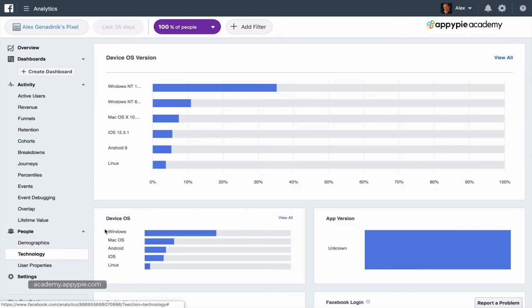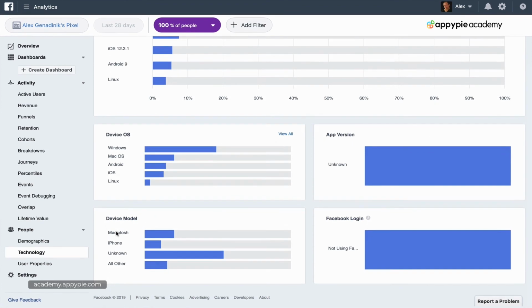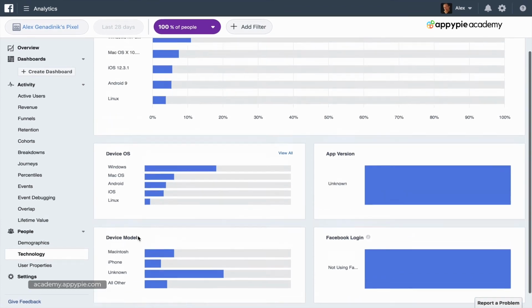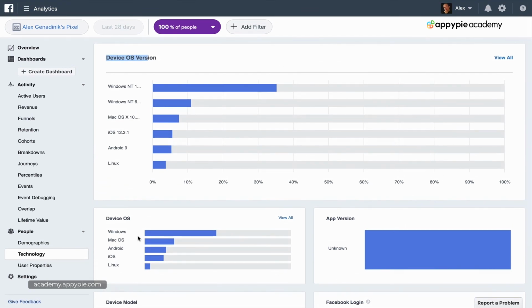And there's technology. Technology is actually interesting because would you have guessed that most people come from Windows? I wouldn't, right? Windows here. I totally wouldn't. I definitely would have thought Mac, but not Windows. So it's a little surprising. And so does that really help us in this case? Not really. But it just gives us an overview, and the most important thing is that now we're going to